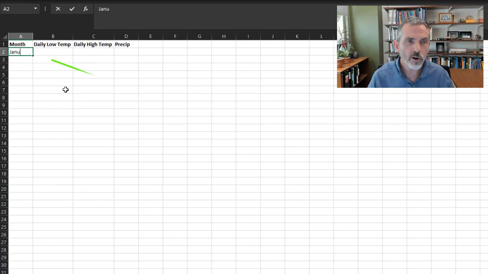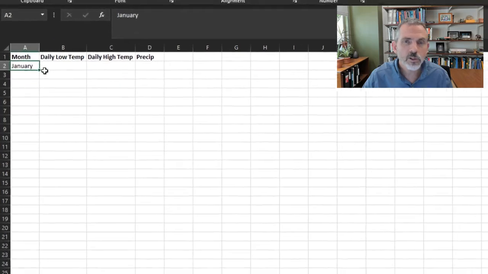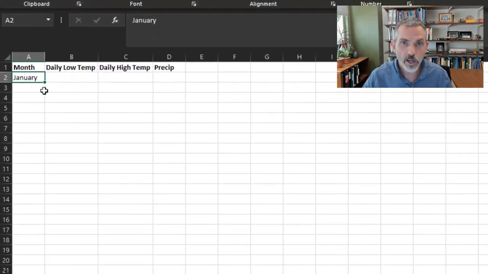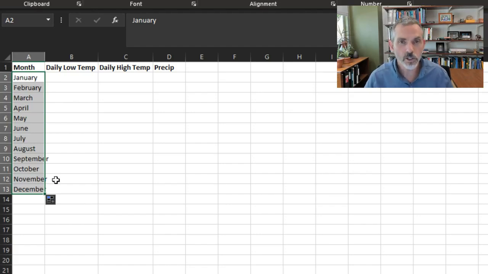We start by filling in our first month in the month column, January. What we can do is we can get Excel to fill out that full sequence of months for us. We're going to do this by taking advantage of that little square right there. That is called the fill handle. If we mouse over that fill handle, you'll notice our cursor changes shape and size. And now when we click and drag down, Excel is going to fill out a sequence of months for us. Look at all that work Excel just saved us. A whole bunch of typing, a whole bunch of opportunity to make mistakes, and Excel filled that out for us